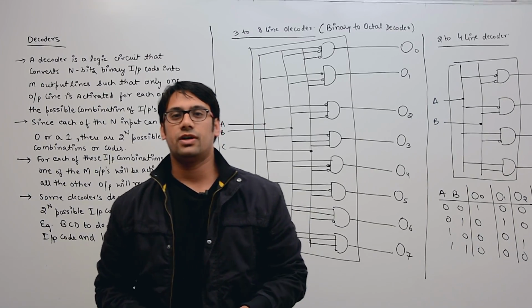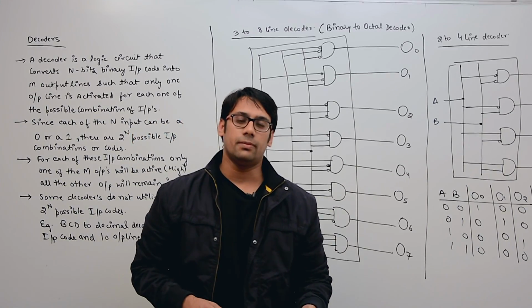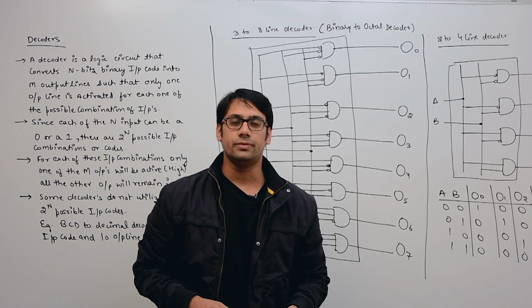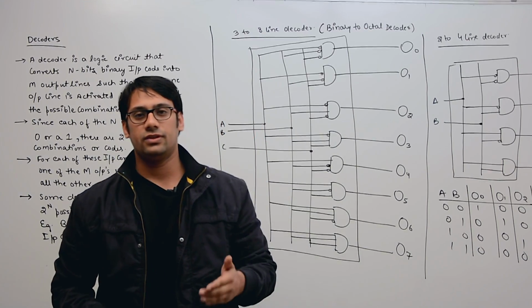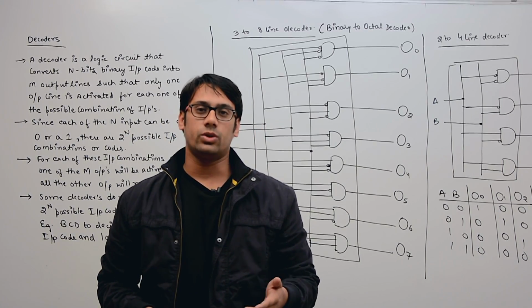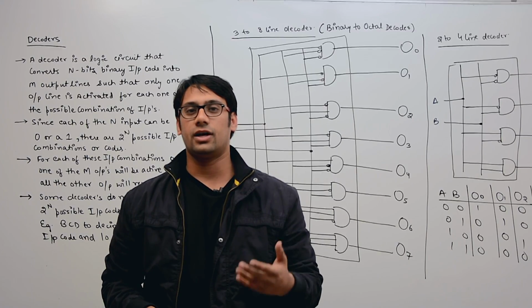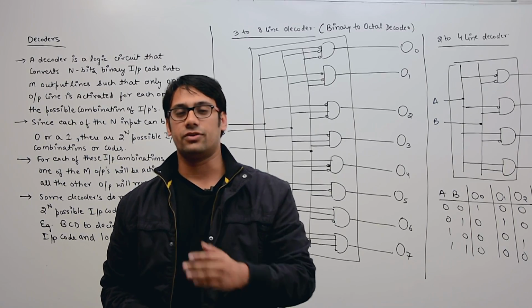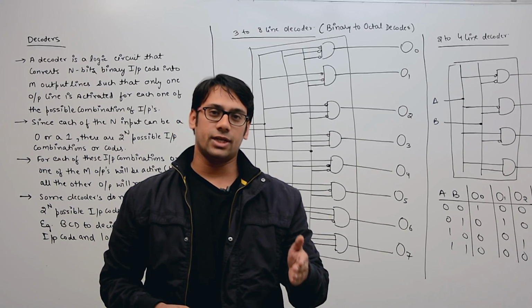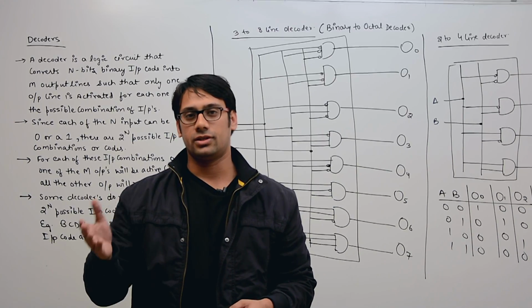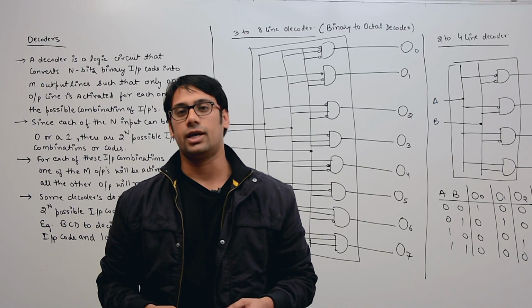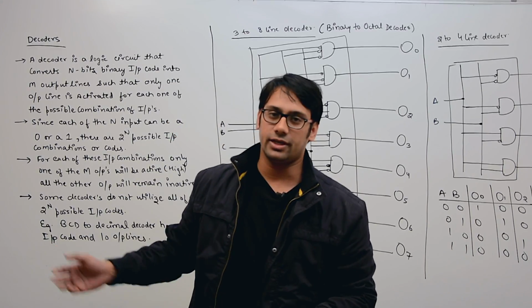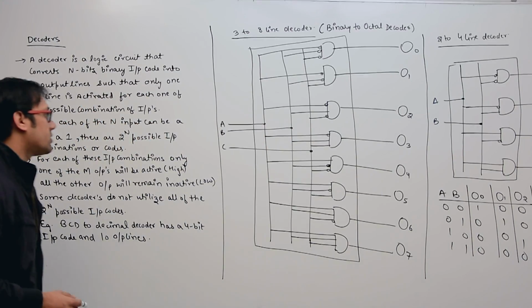So in the previous video, we have seen an example of a binary to gray code converter. When you see this binary to gray code converter, that converter itself is representing a decoder. That means we are decoding one kind of circuit to another kind of circuit, where one kind of circuit may be having some n inputs and the other may be having m outputs.